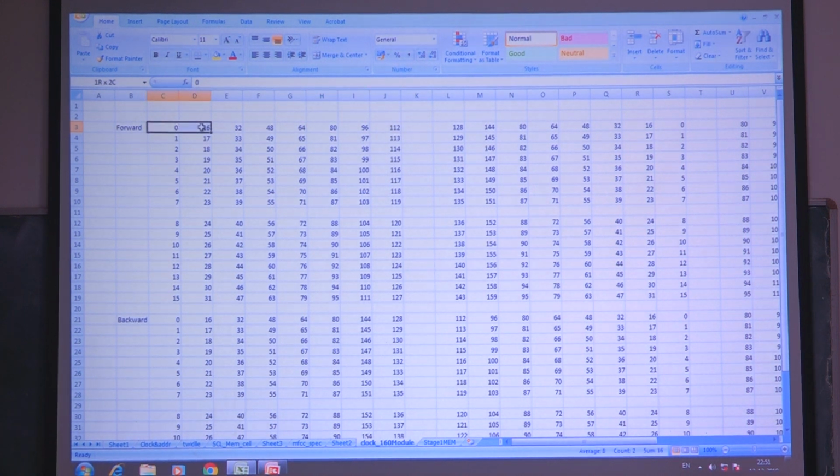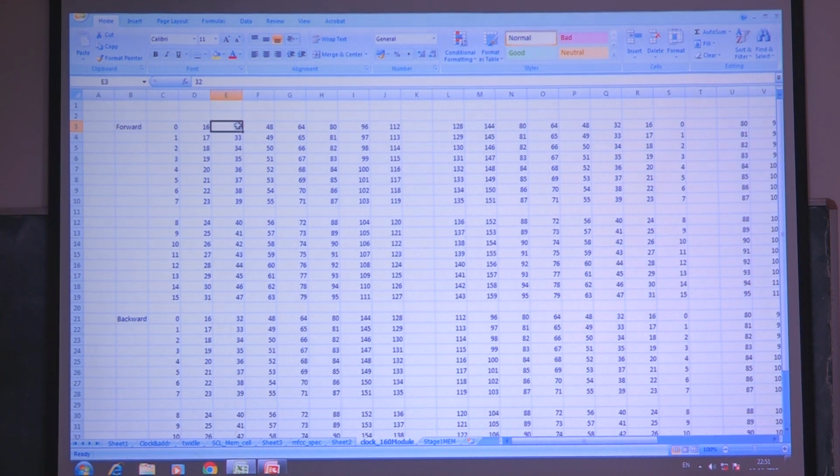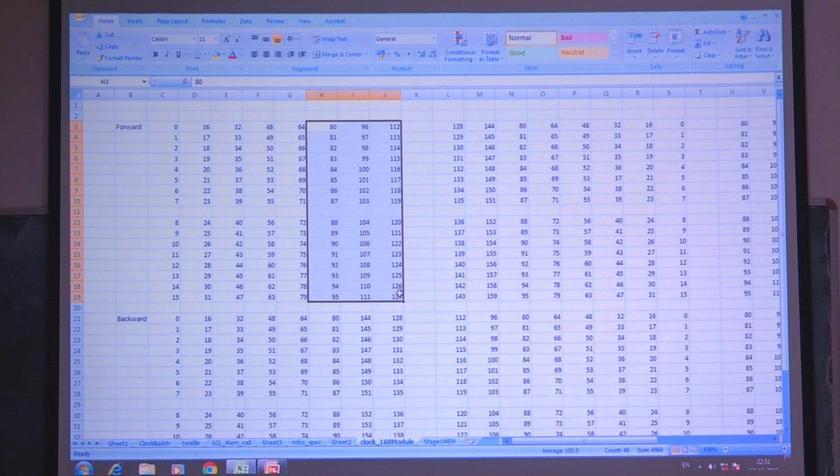For the first two values, 128 and 144 will be read, and 32, 48 and 64, 0, 16 and 32 will be read for the butterfly operations. At last, for 80, 96 and 112, it should be considered 0 for the second value in the butterfly. So it means the column of Hij, whatever the samples are there, this sample for the odd frame requires 0 for the second value in the butterfly.